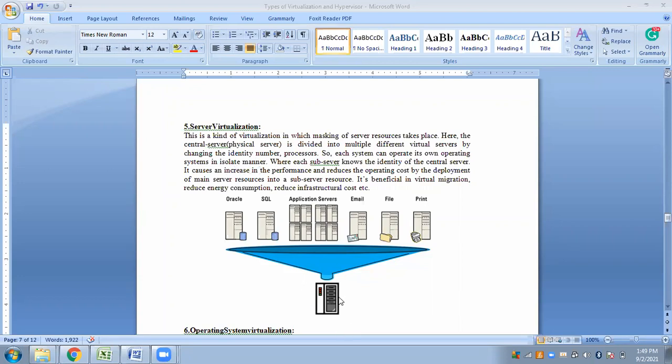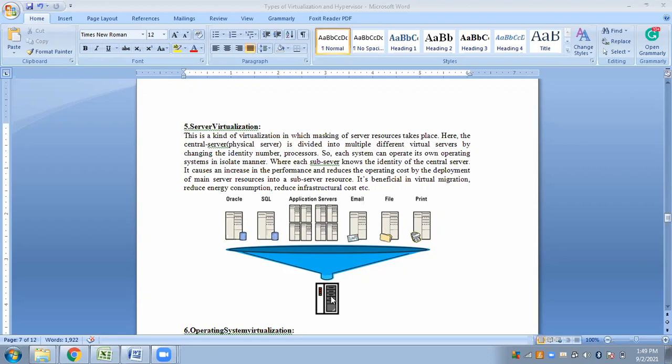So this is a single physical server, but we will create a logical view of this server. We will create an abstract layer of this server. A hypervisor will virtualize it. This physical server, which is present physically, we will make a software version of it.